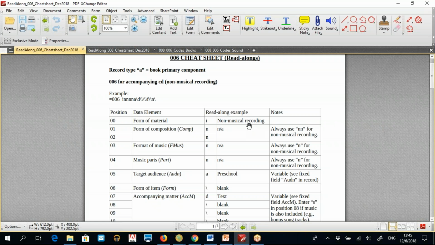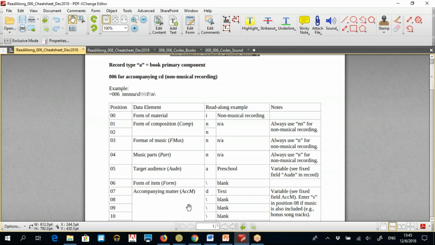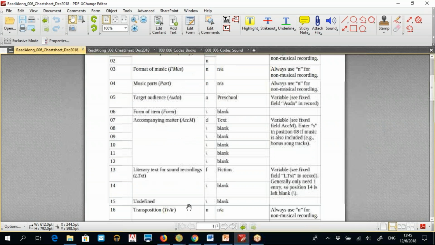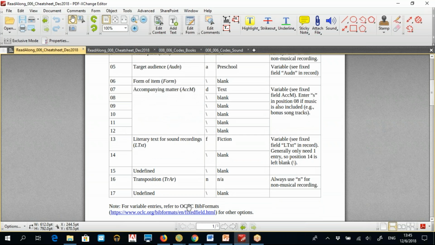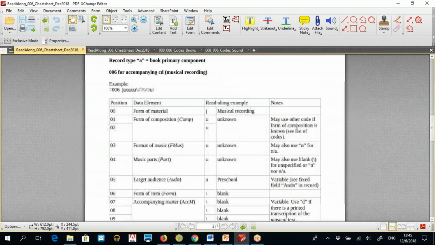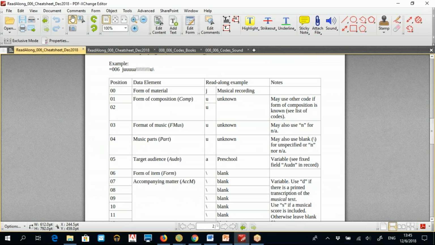But the rest of these fields, like the target audience, are variable, the accompanying matter, those positions are variable as well, as are 13 and 14 for the literary text. So those are all ones that you need to verify, and that can vary depending on the item that you have. So when you go through the cheat sheets, do make sure that you're paying attention to those notes